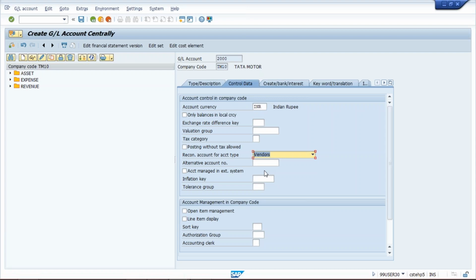So whenever we create reconciliation GL, in those GL, what is happening? We are going to give account type. Reconciliation GL is unique GL. It is not a normal GL. This GL cannot be used for direct posting. These GLs are used for indirect posting. What is the use of that? I'll explain. And then click on line item display, sort key, anything you can choose,